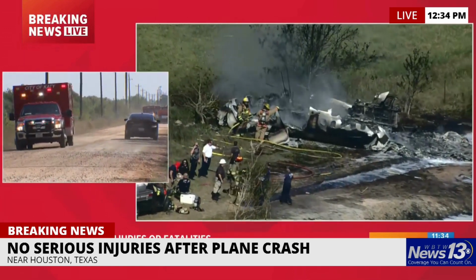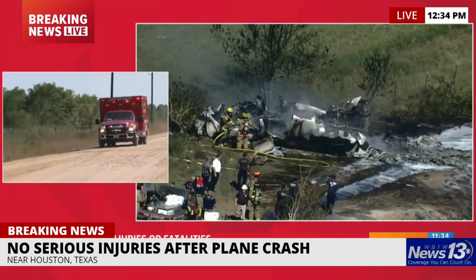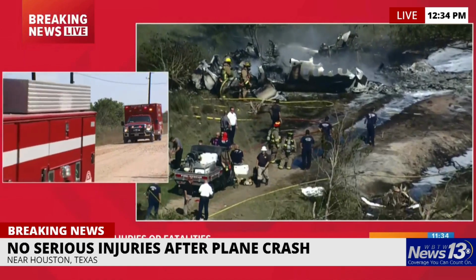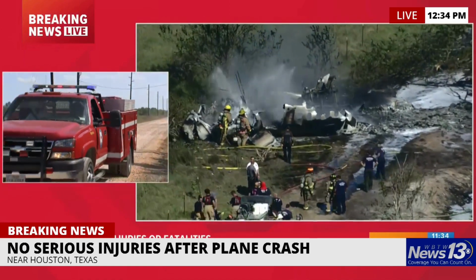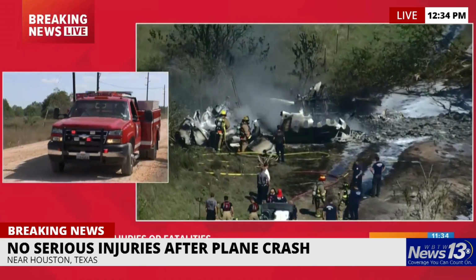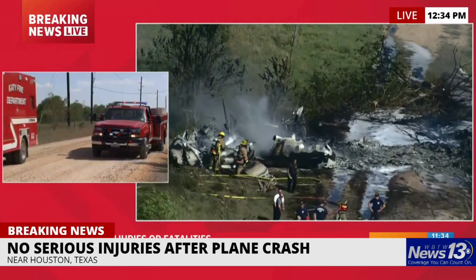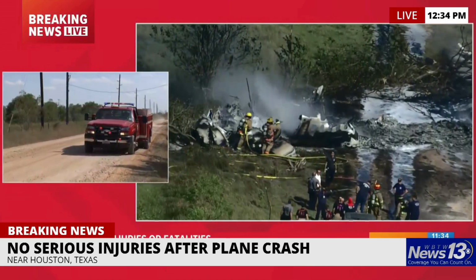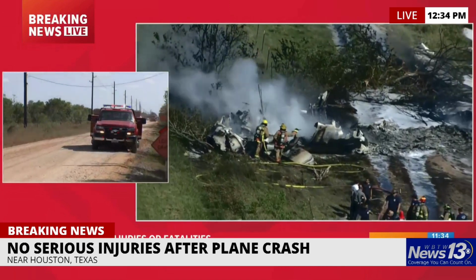Pretty amazing when you're looking at these images now of what's left of the plane, and pretty incredible that firefighters were able to contain it and put those flames out. It looks like, within the hour, really, because this was reported just after 10 o'clock and we're approaching 11:35 now. So this was a pretty miraculous scene when you look at the damage there. And also, if you're looking at what the FAA is saying...